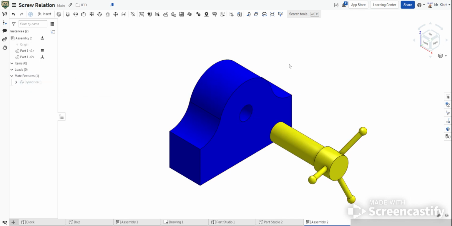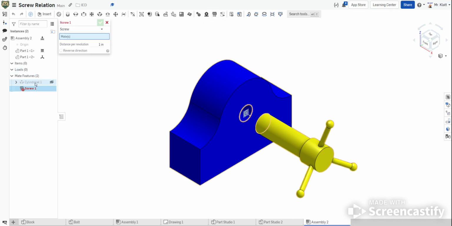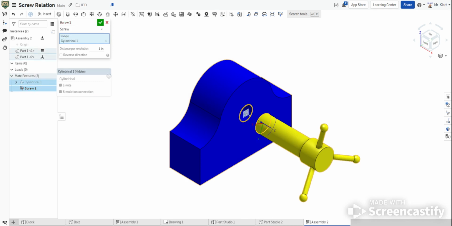So what we have here is two objects, and one has a tapped hole with 1/2 inch 13 thread, and then this has thread on the outside of it. I know you can't visibly see the thread, but they are threaded. What we have is a cylindrical constraint, which basically means this can slide back and forth and it can rotate within that. What we're going to do is combine those, so every time it slides, it rotates a certain amount. So we're going to choose screw relation, select our single constraint, and then